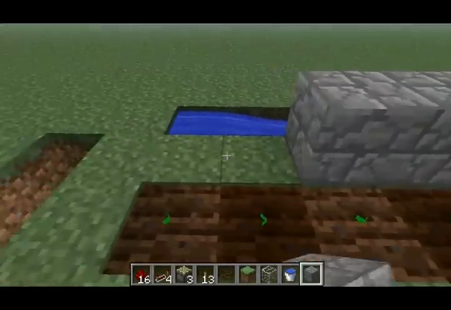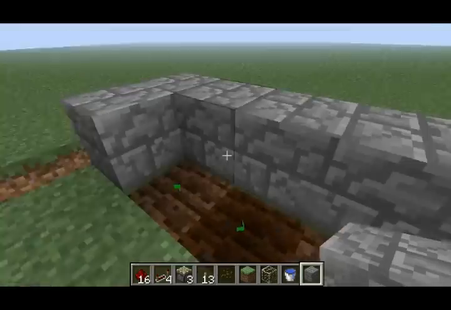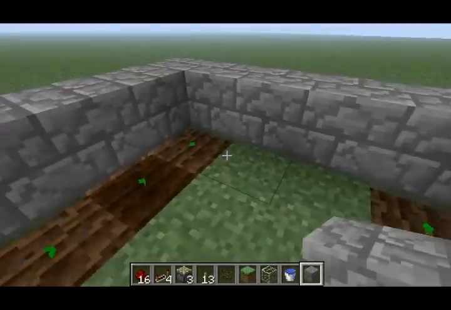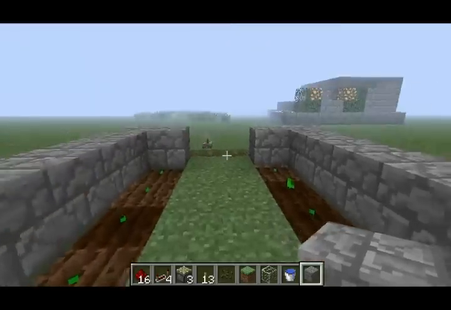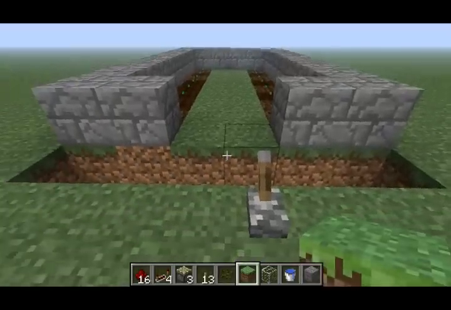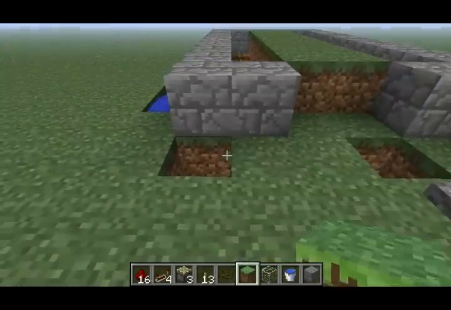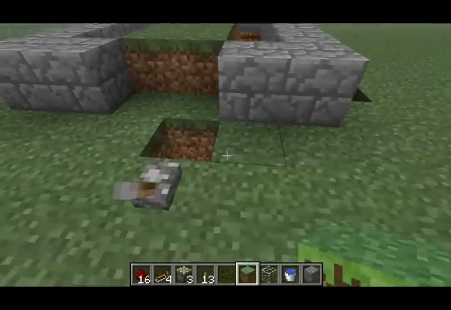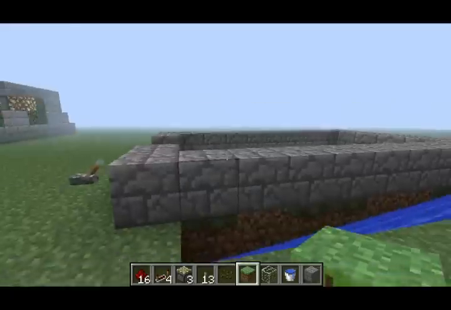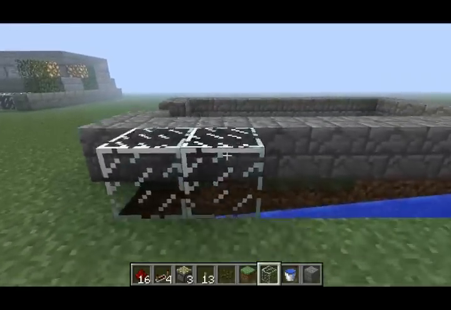So do this all the way around. You can do this with any block you want. It does not matter. You can do it with plain old dirt. Okay? Now, next, cover this up. Didn't mean to click that. There we go. And now you could take your glass